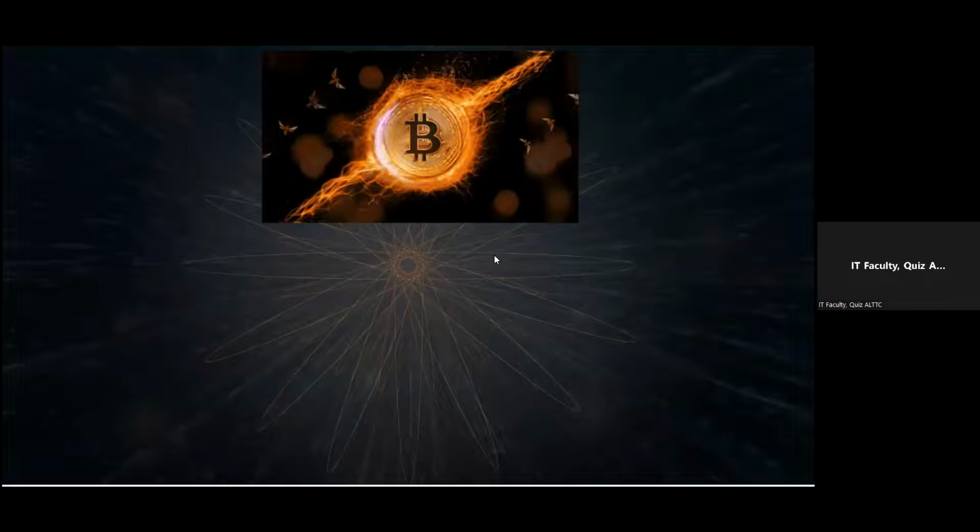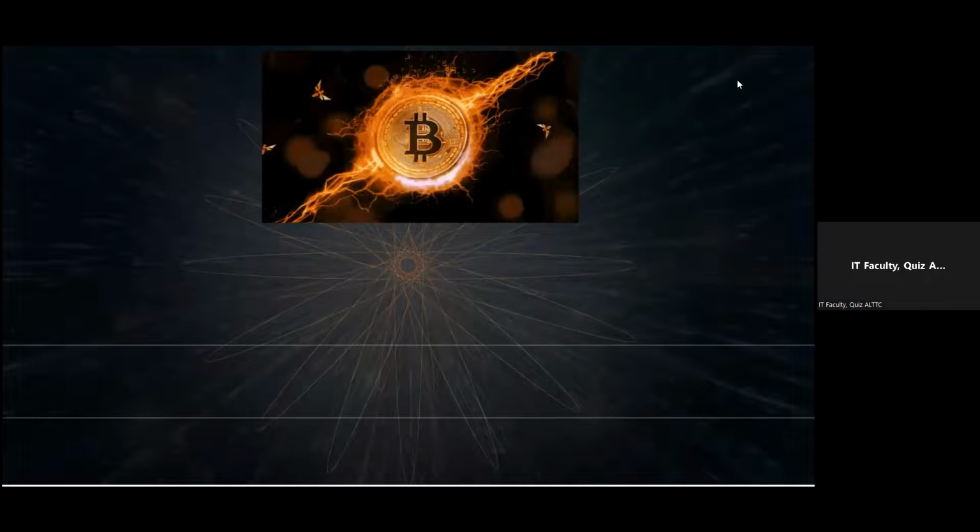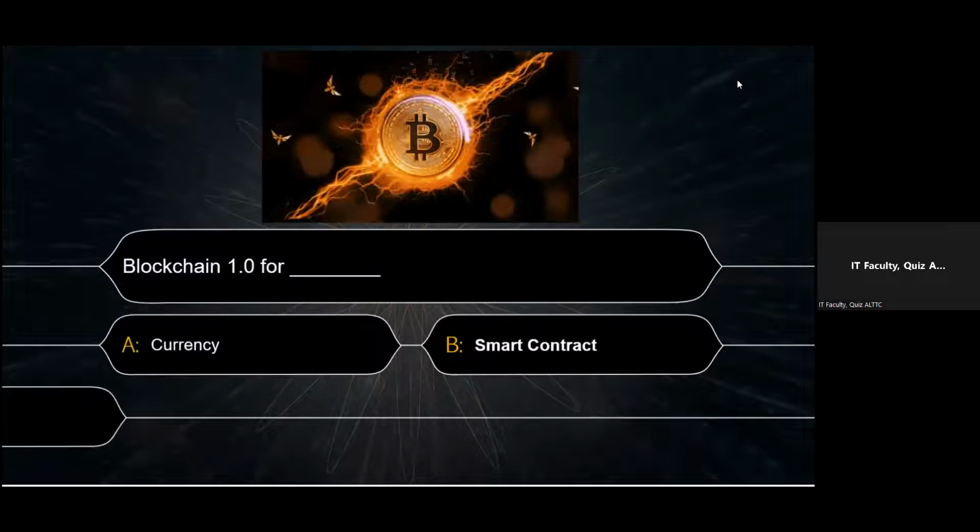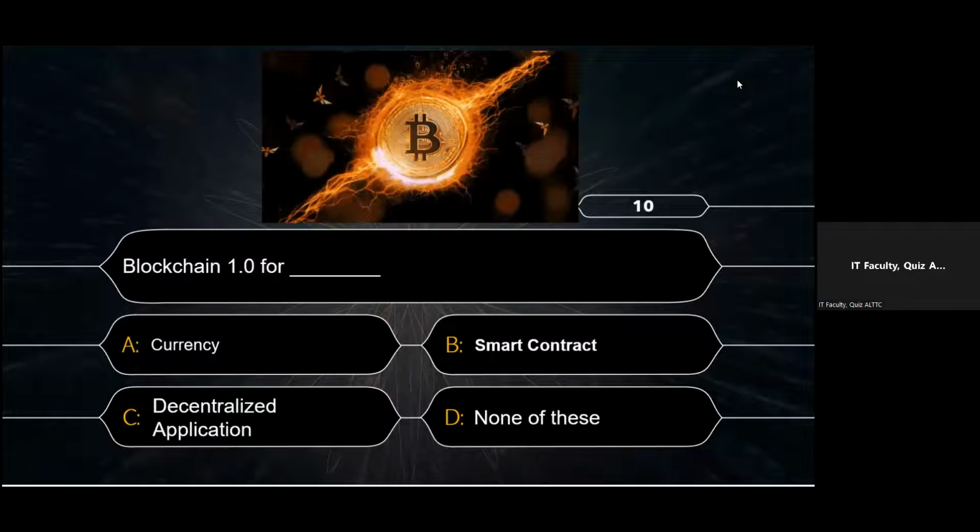So here's the first question related to the blockchain. Okay, so the question is: blockchain 1.0 is for. Is it A, currency, B, smart contract, C, decentralized application, or is it D, none of these? I want answer from everyone, and the answer is